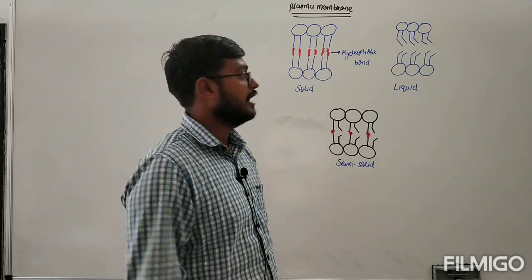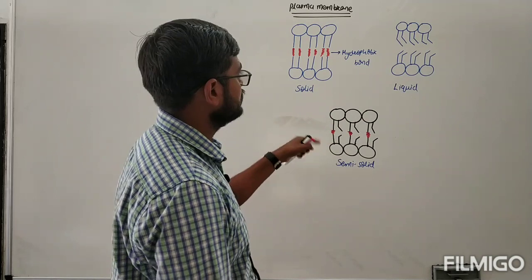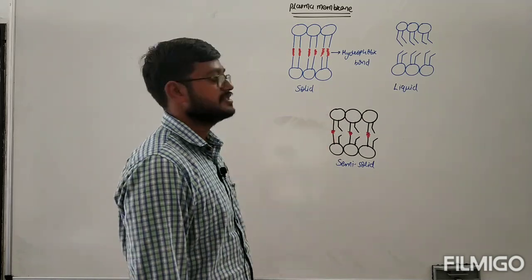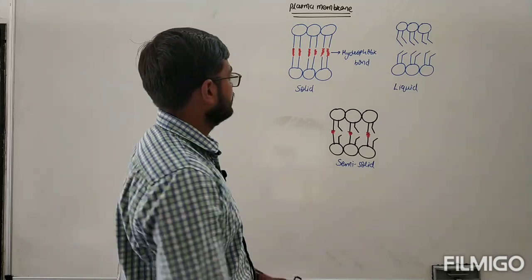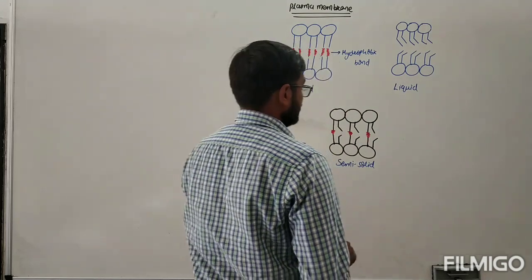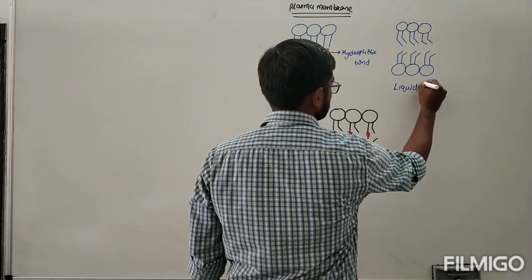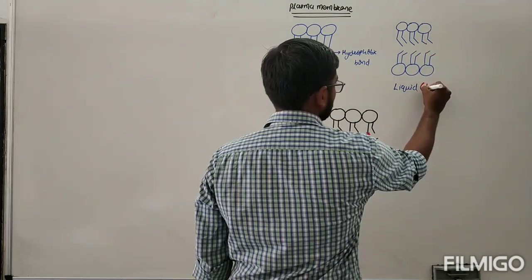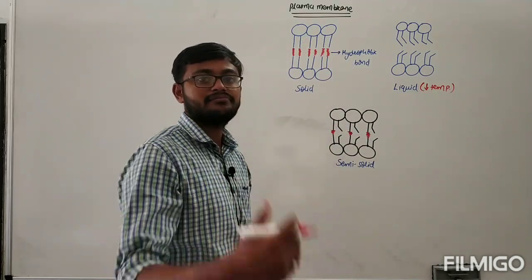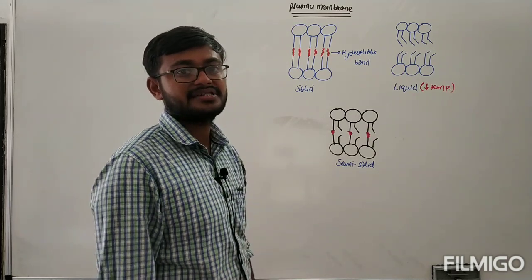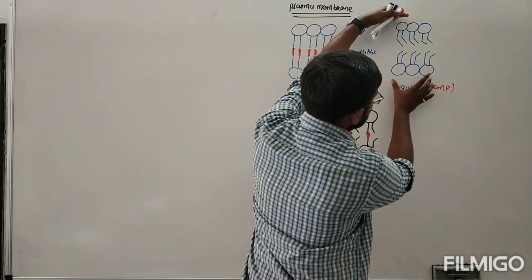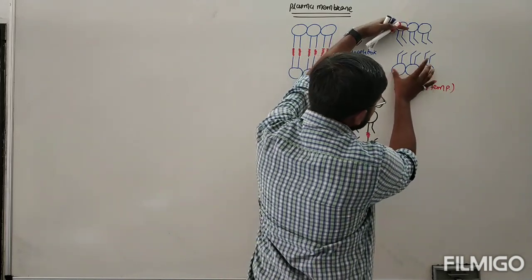Now one thing we have to look at is how the temperature affects each of these three. Let's take an example over here. In a liquid, if you provide a low temperature, let's take an example, 0 temperature, then in the presence of 0 temperature both of these fatty acids come near to each other.